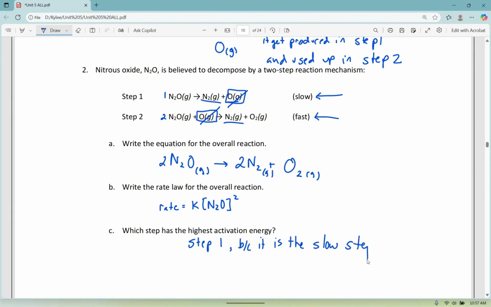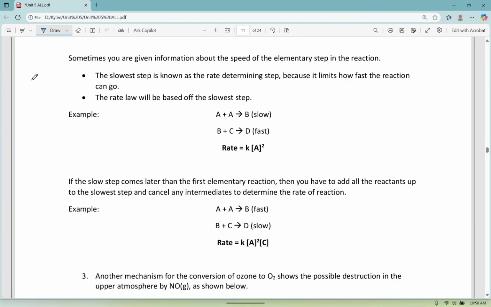If it was the fast step, we would expect it to have a lower energy barrier or a lower activation energy, which means that the reaction will occur much faster. Sometimes we are given information about those speeds, like we saw in the last example. And the thing that we need to know is that the slowest step is considered the rate determining step. Because it has the highest activation energy, we want to base our rate law off of the slowest step that's